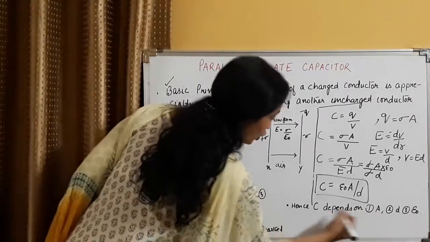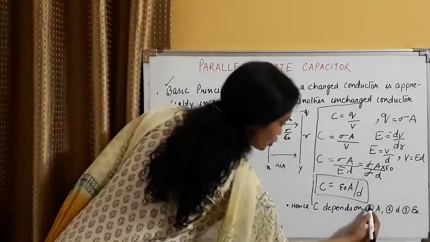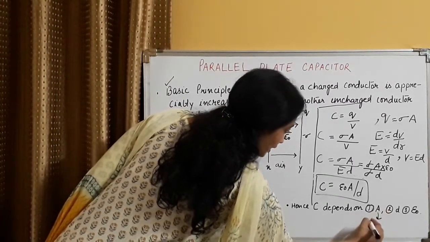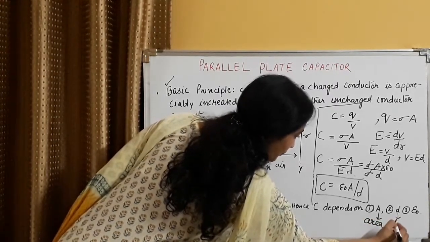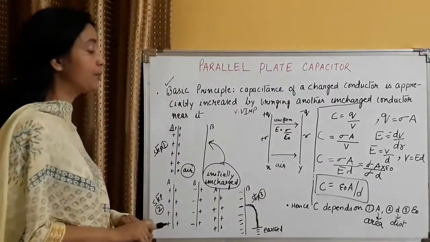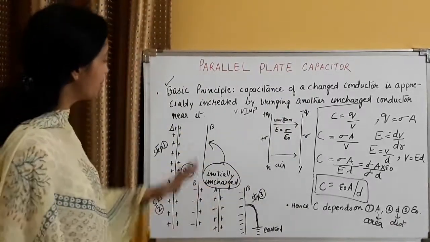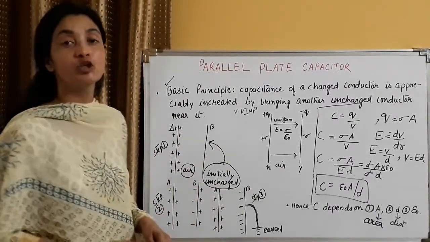Hence, we conclude the capacitance of a parallel plate capacitor depends on number 1, area A, which is nothing but the area of the plates, d, the distance between the plates, and epsilon naught, the absolute permittivity of free space. So this is the derivation, basic principle and understanding. We will continue with the forthcoming topics in the next